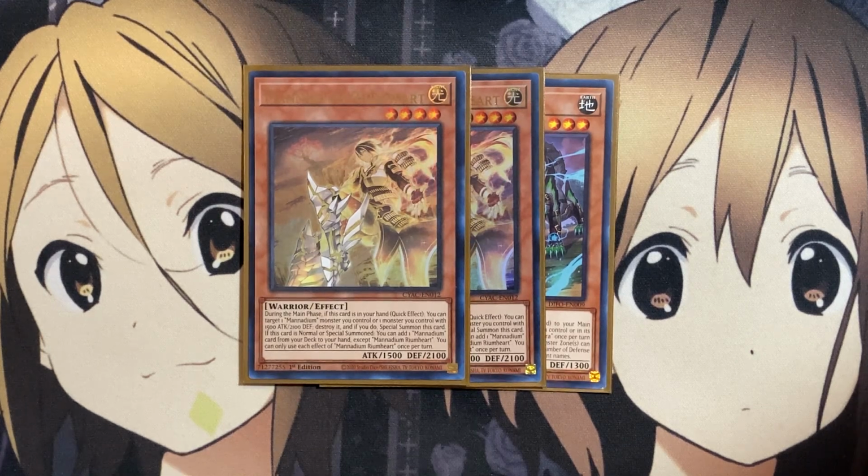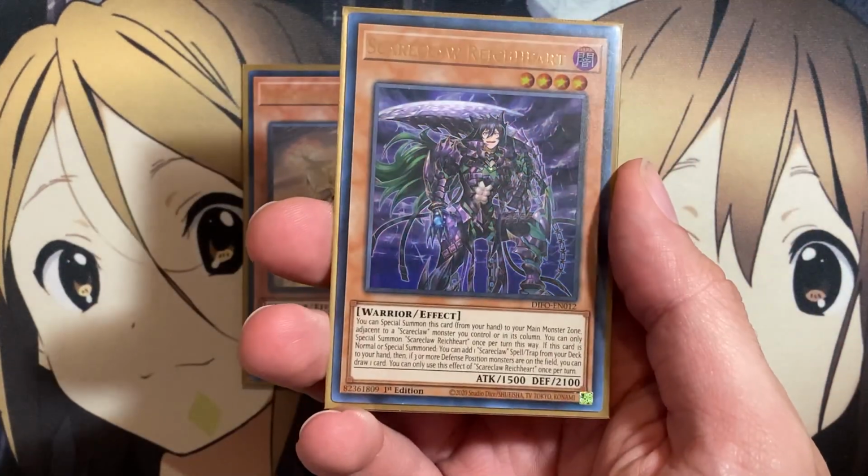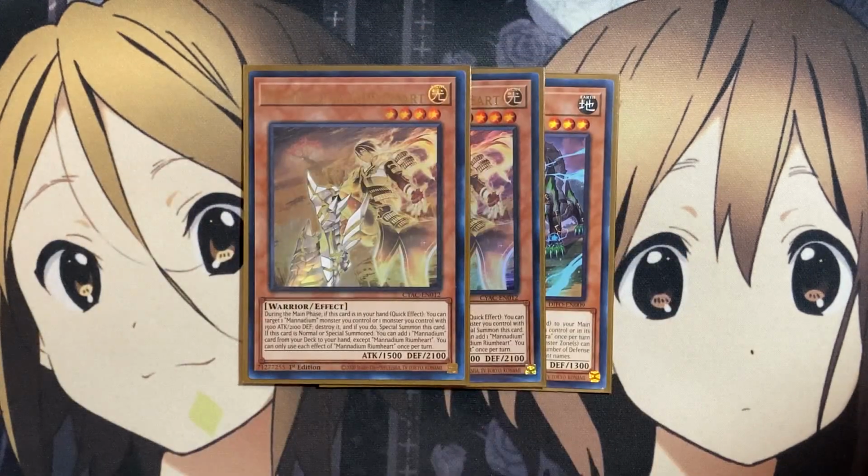So you have search options with this card just being in your hand to target a Mannadium monster, or just one other monster with 1500 attack and 2100 defense to then special summon this card. You have the play for the card to summon out quite easily with cards like Scareclaw Rykart in the deck having the exact attack and defense stats to use with this card, and then just being able to have an additional search for some of the more important cards in the deck for us to add to our hand